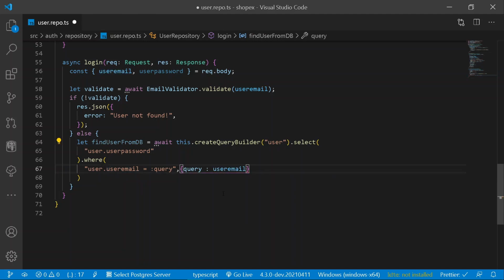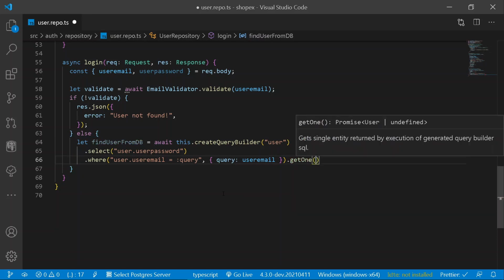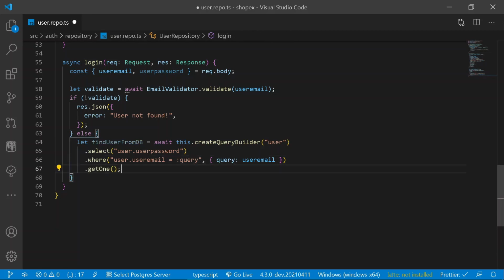Let's paste it here, easy as that. And once we have got our entire query, I will be simply getting my get one method through which we shall be calling the entire user data from our database. So for now, once we have got our user from our database, I will be calling the user ID of a particular user.